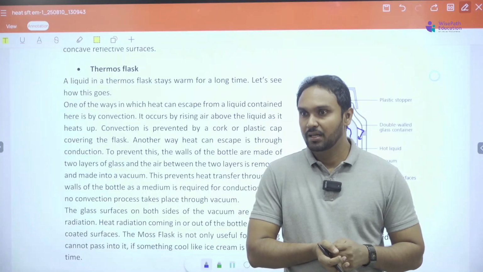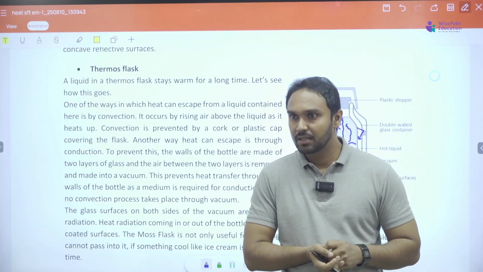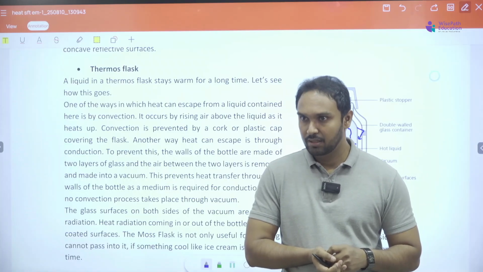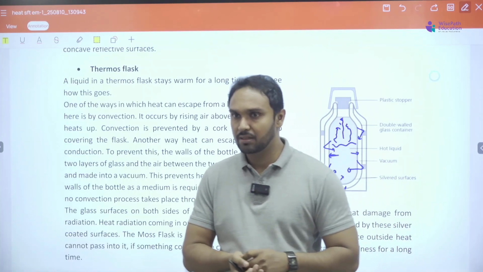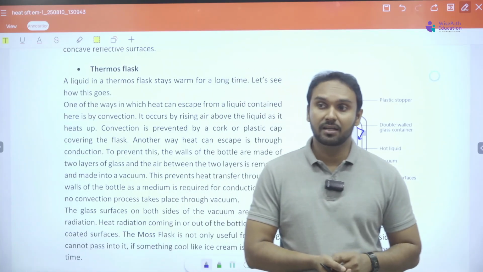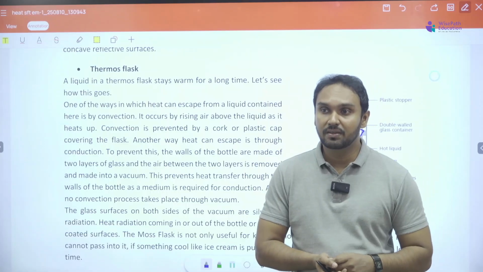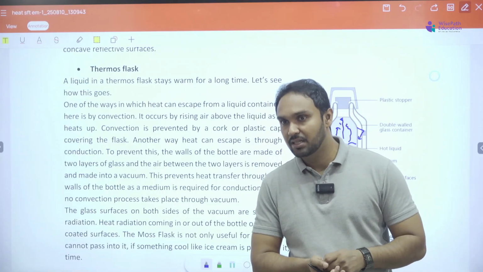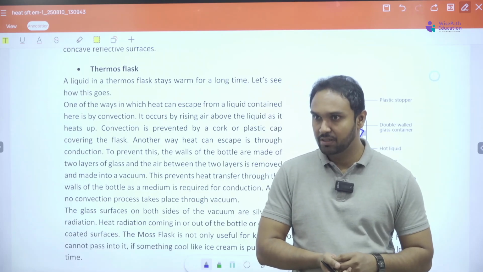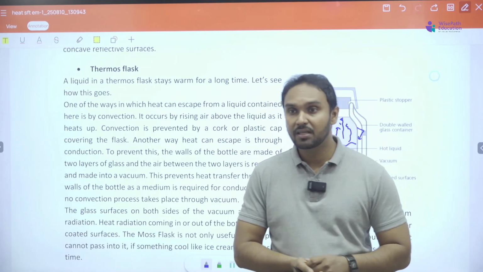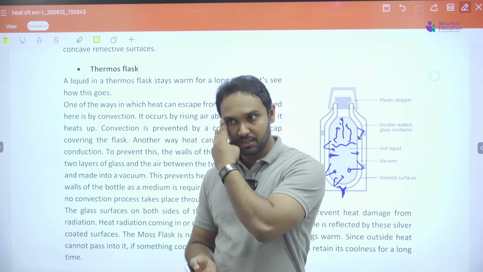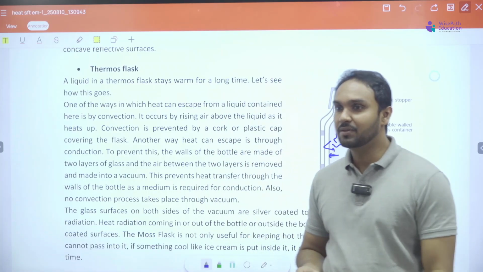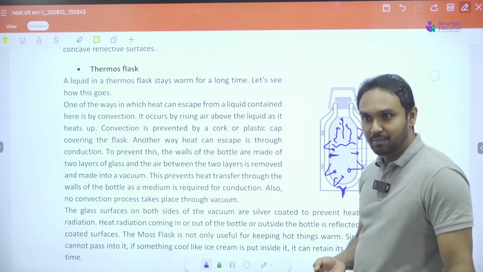Why? If you only know the processes, you are only following the instructions. But if you know the science behind it, the major difference is what? You can change it. If things change, you can fix it as well, because you know it, and you can invent new things. That is the difference of a technologist, right? So you have to become a technologist, not someone who follows things. So try to be one.